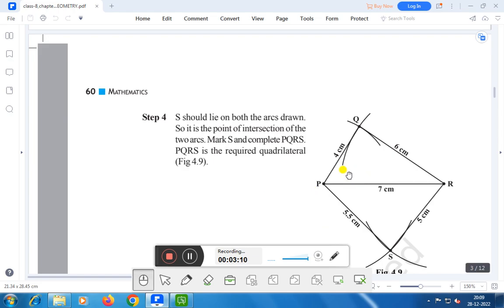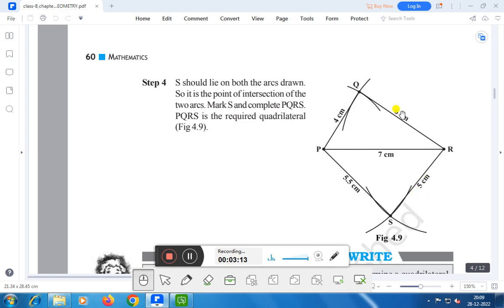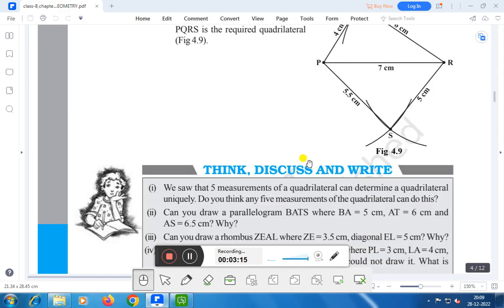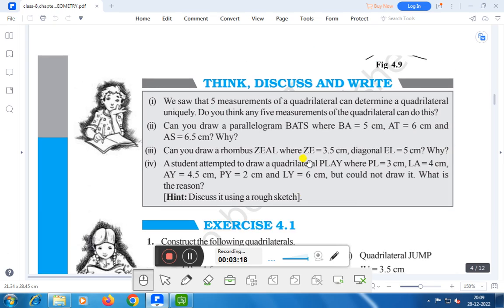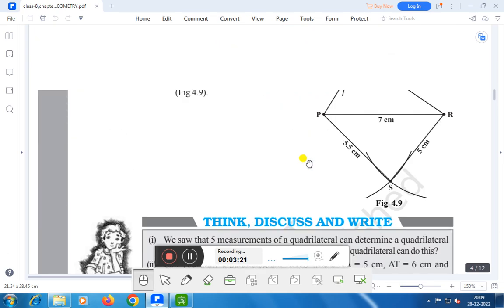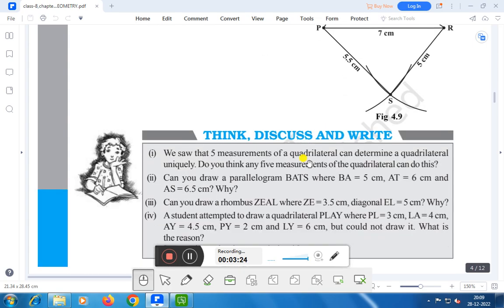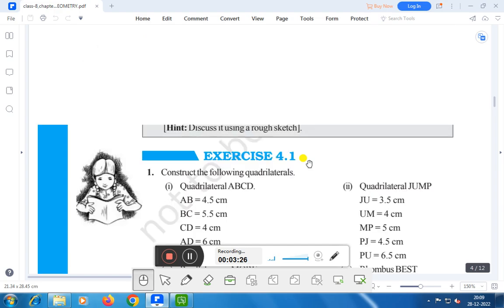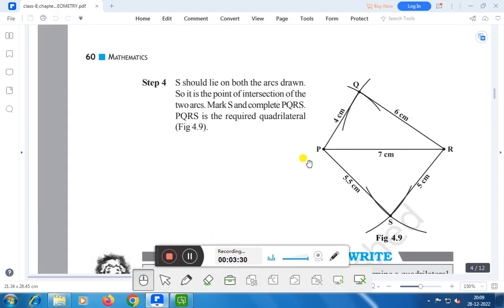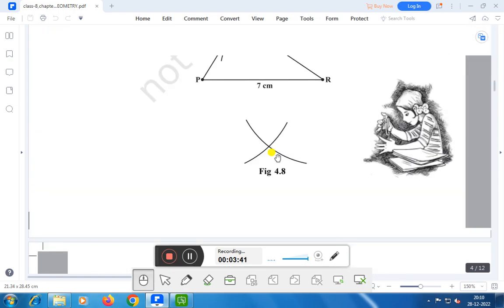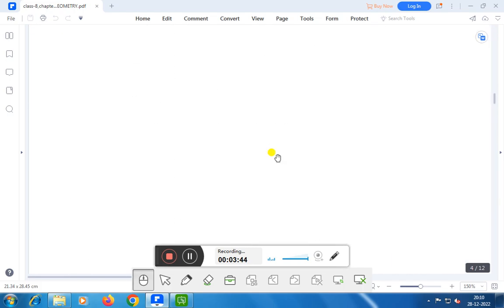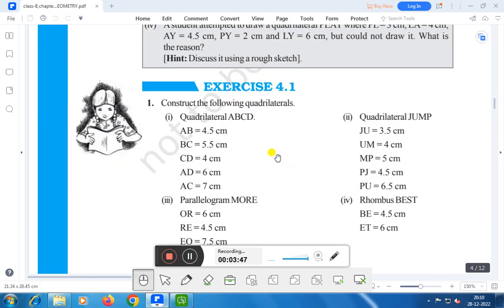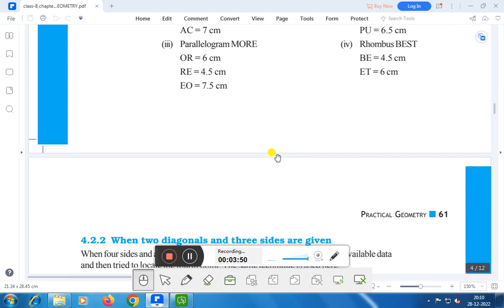It is a unique quadrilateral because it has five known things: 1, 2, 3, 4, 5, that is one diagonal and four sides. You can make many quadrilaterals like this. That means to draw a quadrilateral, you have to know five known things. Five things are needed to draw a quadrilateral uniquely. Now, we will discuss the various exercises and draw various